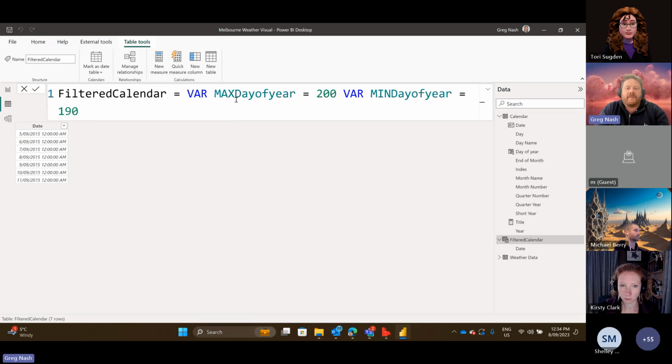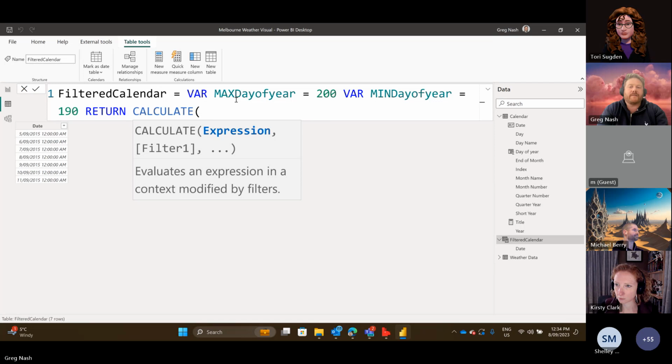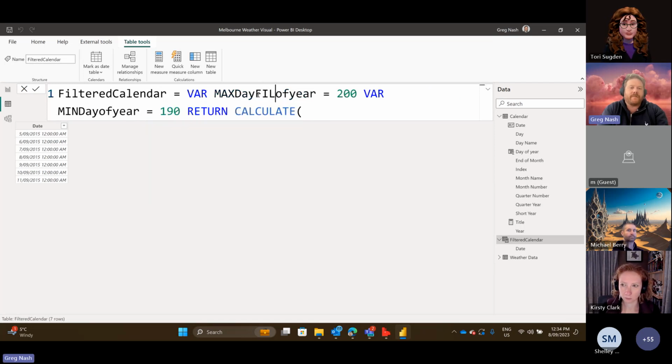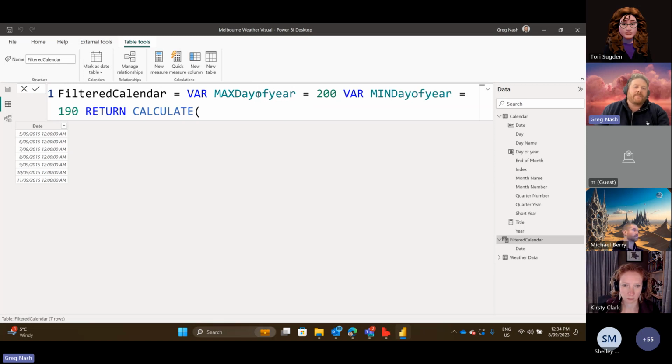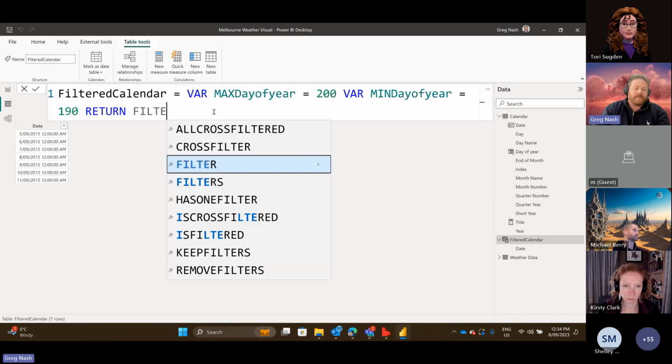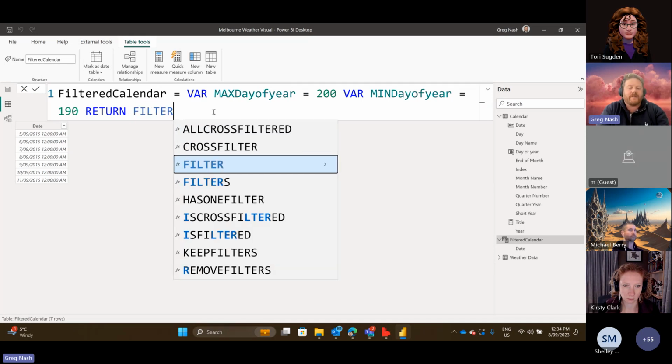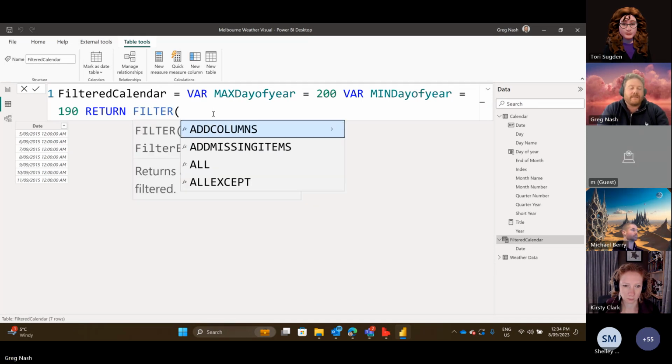So we get 10 values. Return, calculate. We just do a greater than less than, don't we? Do we need to do calculate? Maybe we can just do a filter. I think we can just do a filter. Calculate doesn't return a table anyway. Only calculate table does. All right, filter, calendar,